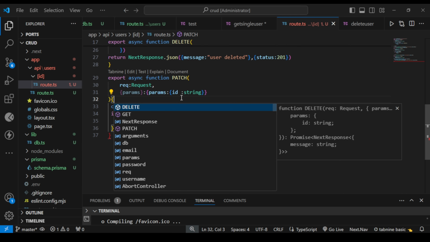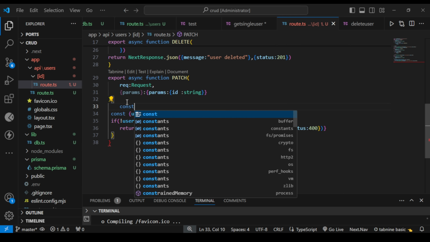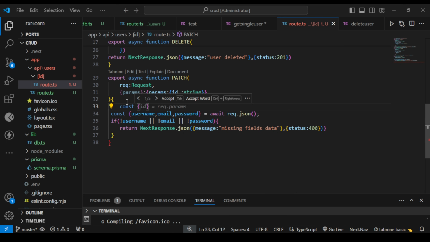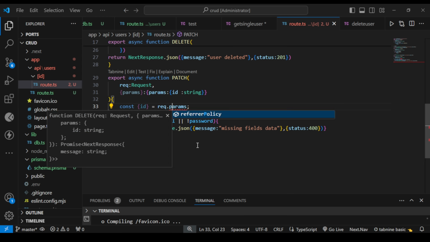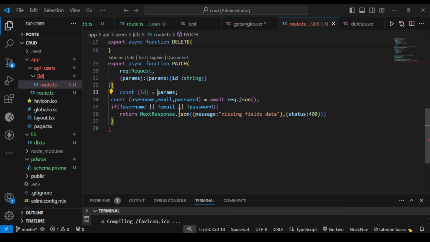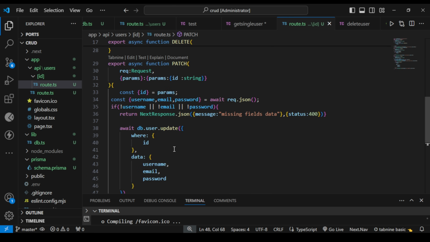Great. We also need to extract the user. So you can just extract the user here above by saying const ID is equal to request.params. Not request but params, but just params, since we have already destructured this. Great. So if we have those data, we can just use this command await dbuser.update. You can see I have already a suggestion here, which is